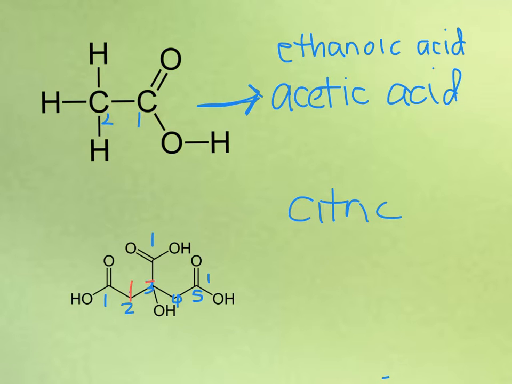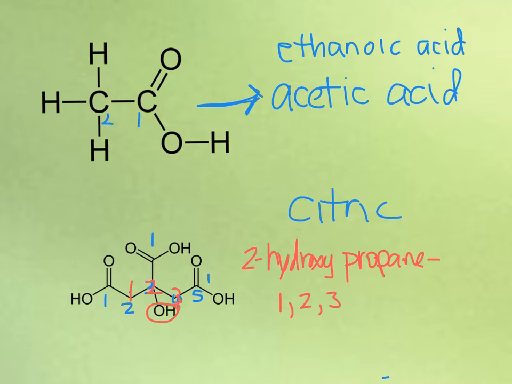So they go 1, 2, 3. So they call this a propane, and it has an OH group on carbon 2. So 2-hydroxypropane, and it has a 1, 2, 3 tricarboxylic